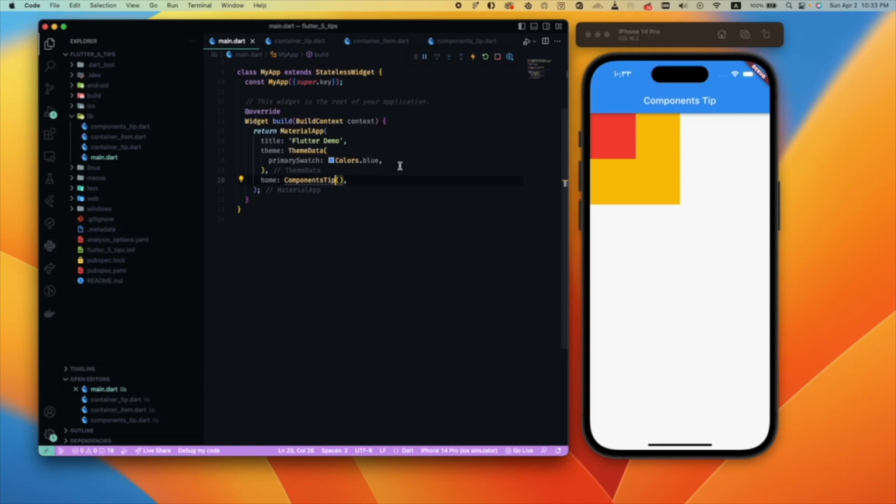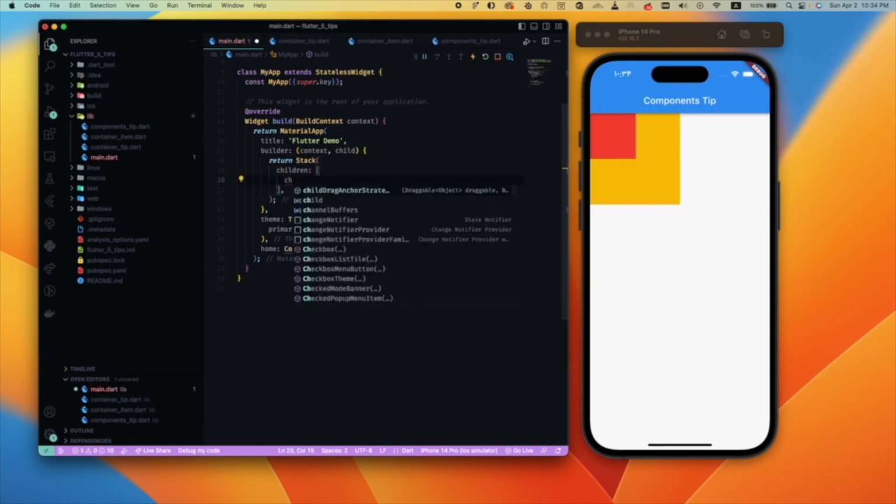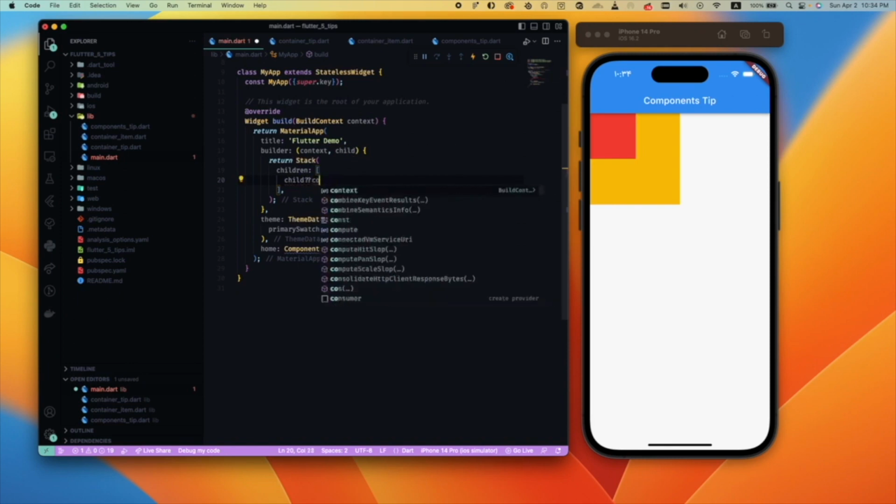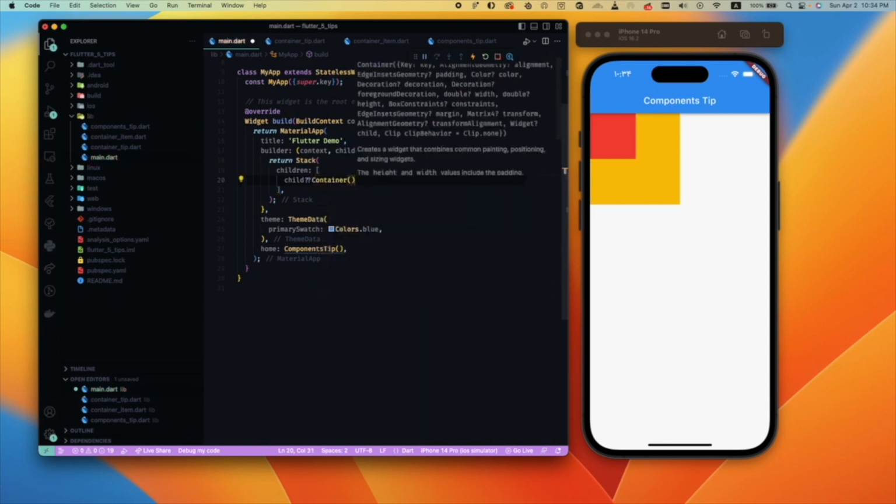When you are creating a Flutter app, you have a MaterialApp for root widgets, and one of its properties is a builder. You can use the builder and wrap the whole page you have in your application with this. For example, I can return a stack, and in here I have children, and one of my children is child. You can see I have a child in here, and if it's null, I want to add my empty container, and